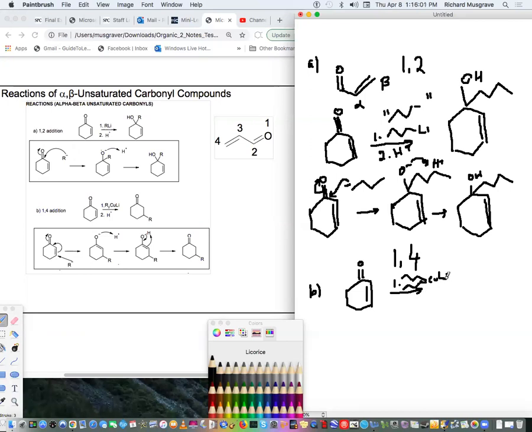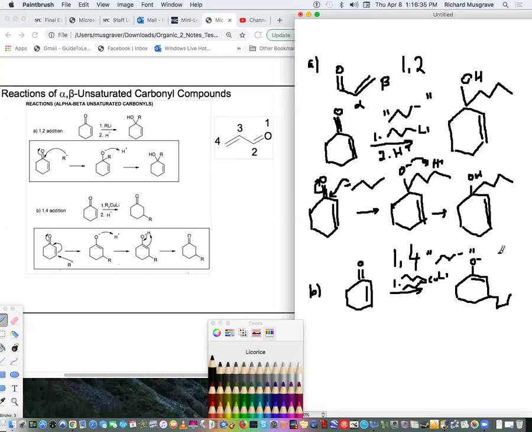So it's the same group attached here, and even that is considered pretty much the same thing as what we had up here. And the copper there is just like a magnesium would be, it's positive, so whatever's attached to it is negative. So it attacks at the 4 end here,